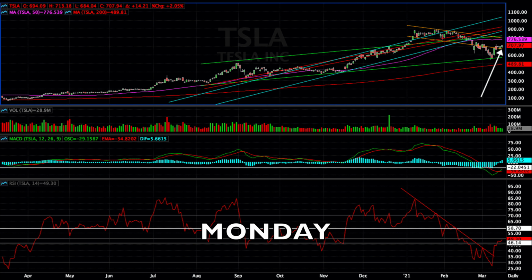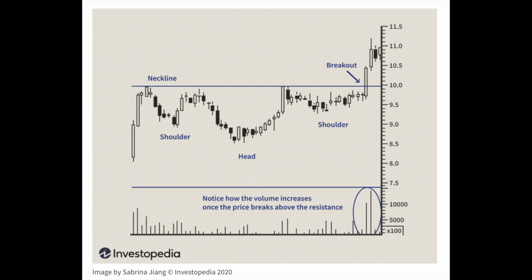The indicators continue to look more bullish as the MACD continues to rise, as well as the RSI continuing to push higher. Also, it appears the chart has formed an inverse head and shoulders, which is a bullish formation in technical analysis. By definition, an inverse head and shoulders is a pattern identified when the price action of a security